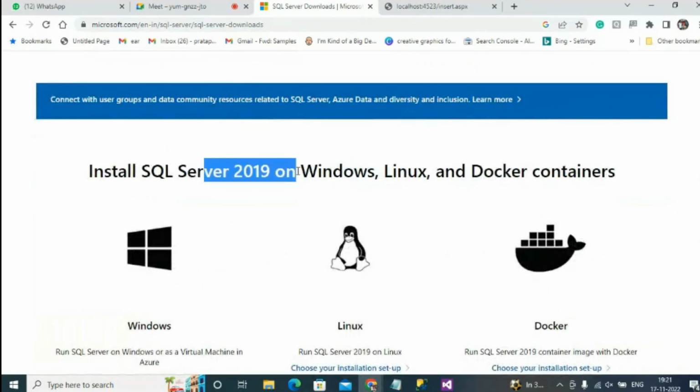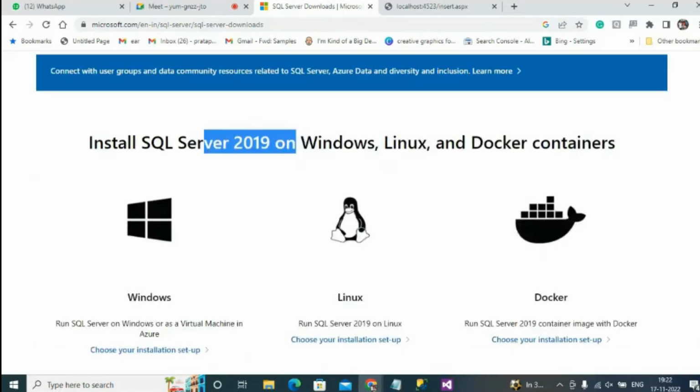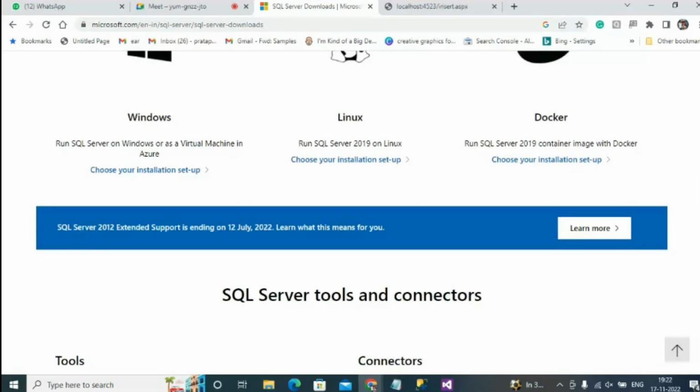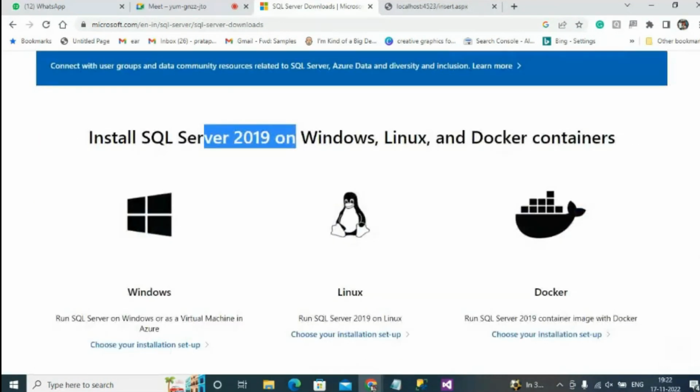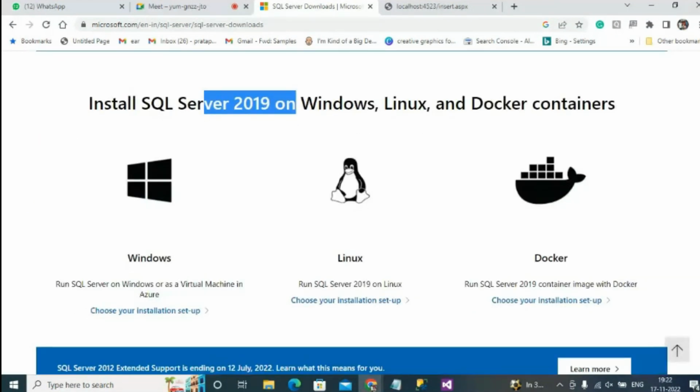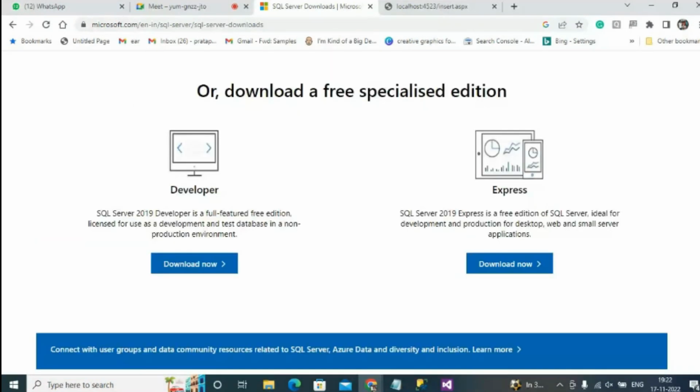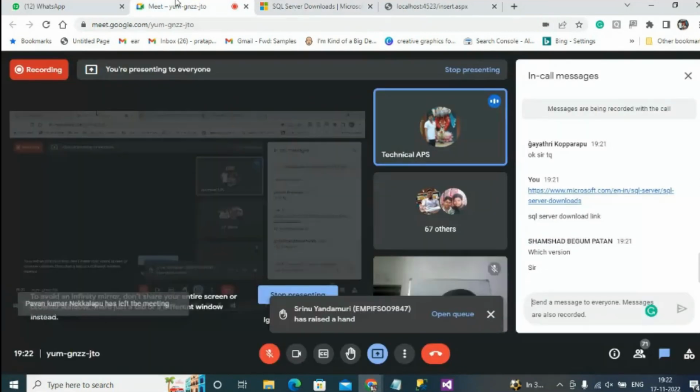Actually, this one is the 19 one. I'm using the 18 version. So you can use 18 because it is compatible with me. You can get it downloaded from this. Here you need to download this Express Edition. So I'm writing this here, Express Edition. You have to download the